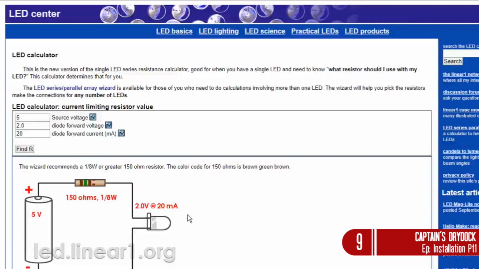Yes, that will now affect the resistor value, because obviously there are more LEDs, which means it's going to take up more power, so the resistor value would logically be less. So whoever made this website, and what a lovely basic 1990s website it is,